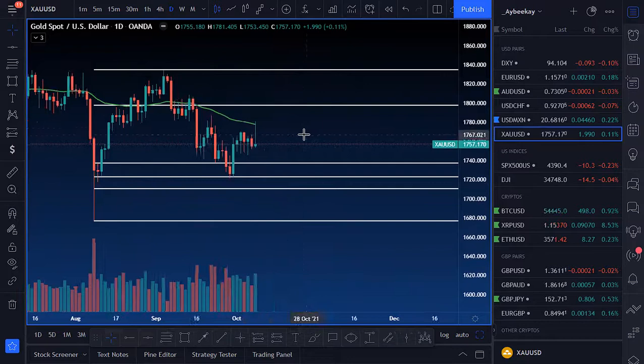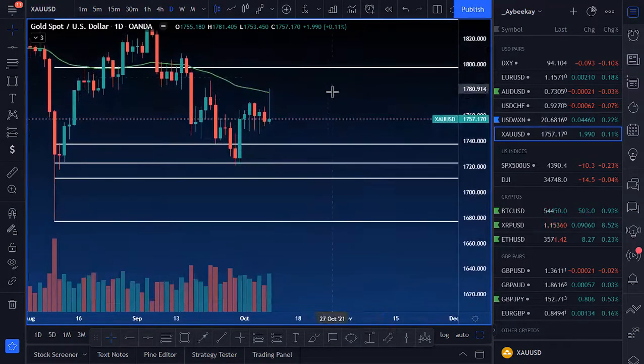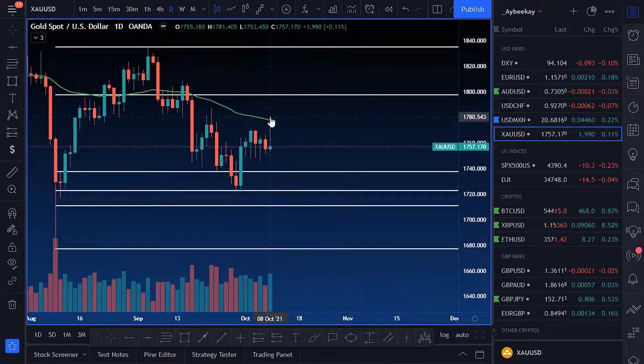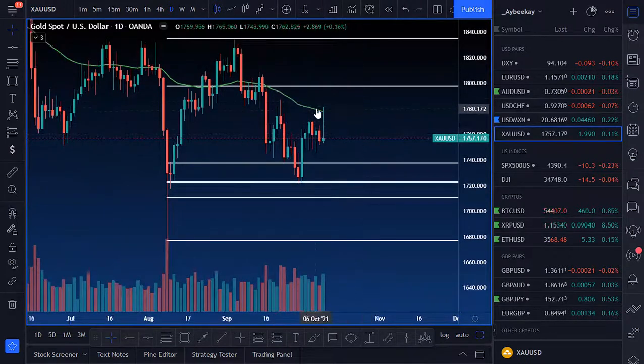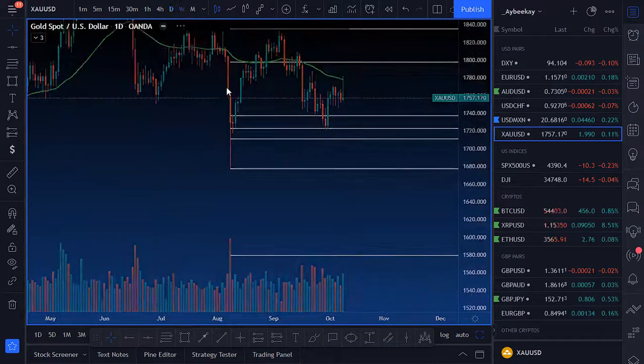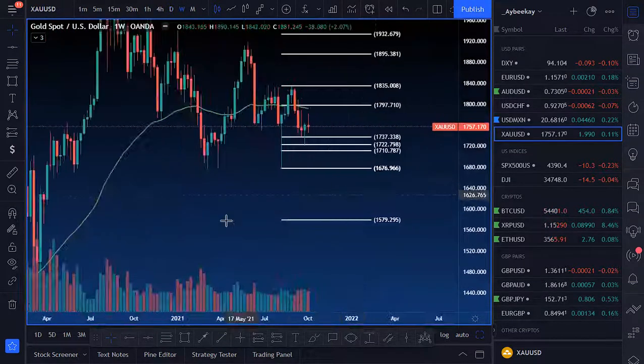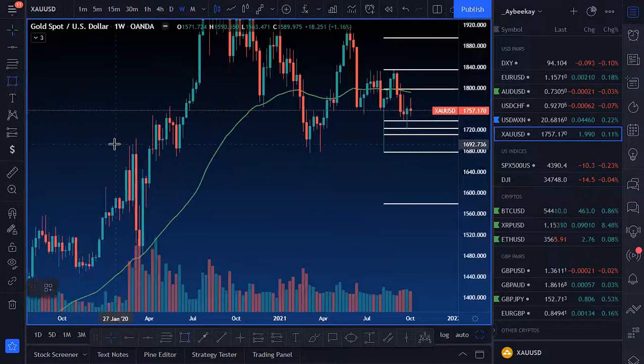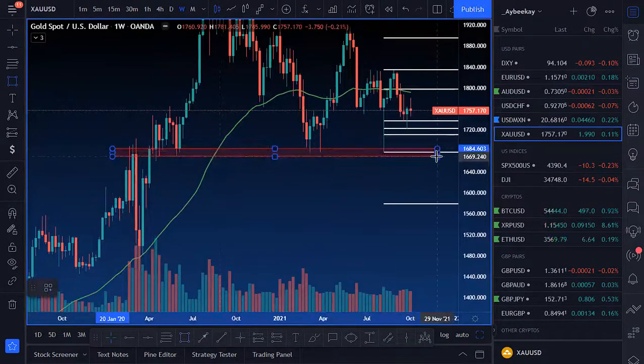This looks like a straight up shooting star, and this looks like a fake out, especially after hitting the 50 EMA on the daily time frame off of FOMC news. This looks like a shooting star, and to me it's just going to keep falling to the downside. Like this liquidity grab, this liquidity that we've been talking about, there's a lot of liquidity down here. That's what this looks like to me, in my opinion.